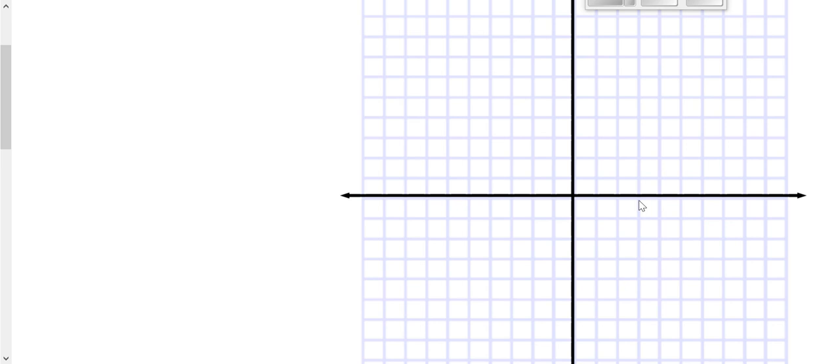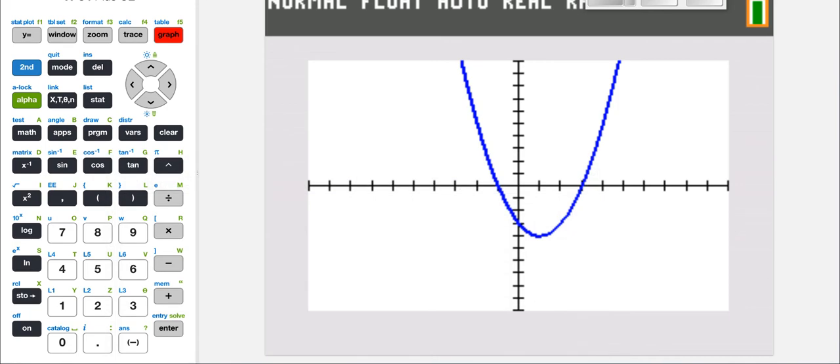3 and 0 right there, and then negative 1 and 0 right there. So that's negative 1 and 0. Of course, we have one more thing to find, which is the vertex, or to be specific,